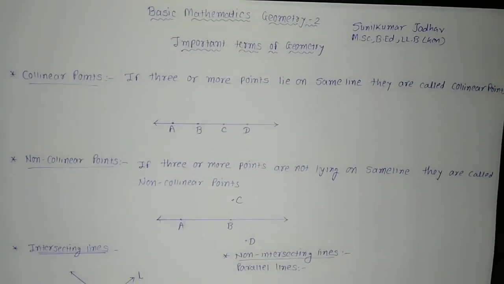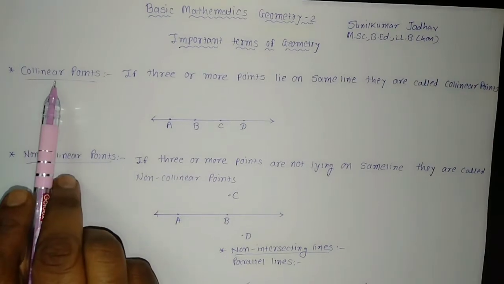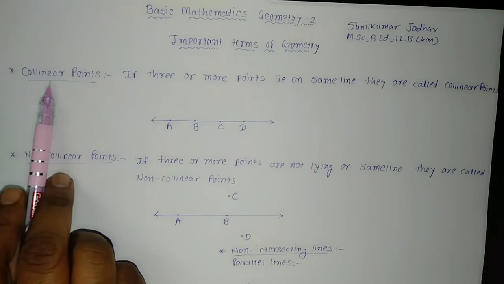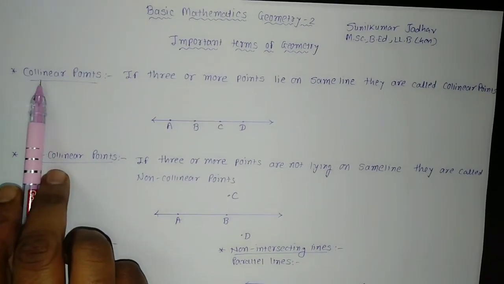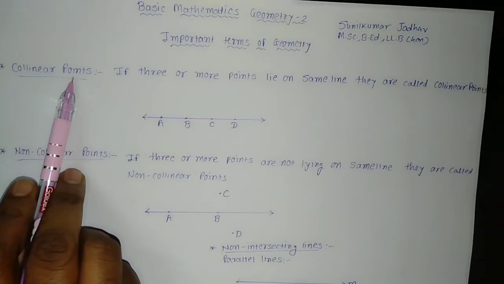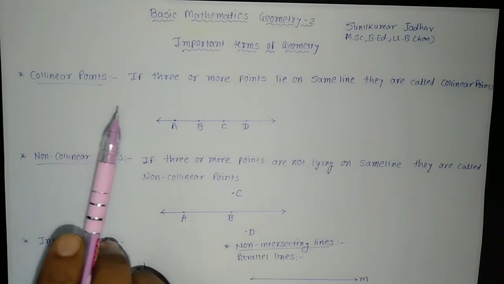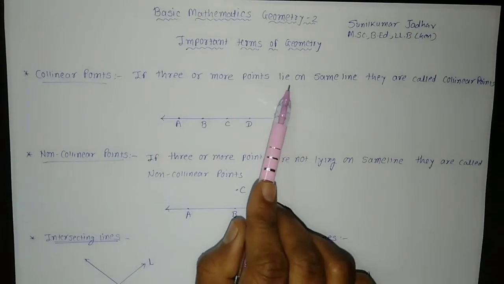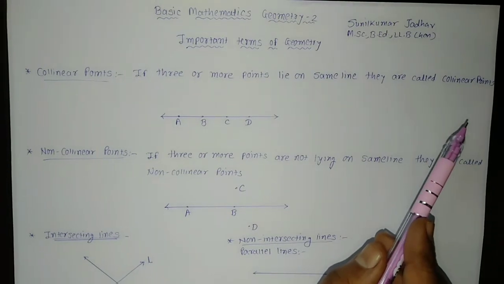Important terms of geometry we are going to discuss furthermore. The first thing that we are going to discuss is collinear points. This term itself indicates collinear. Linear means what? Line. It is considering a line. Collinear points means all those points which are lying on the same line are considered as collinear points. What is the definition? If three or more points lie on the same line, then they are called collinear